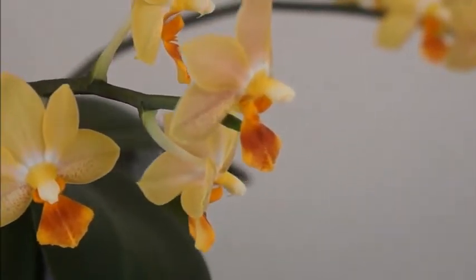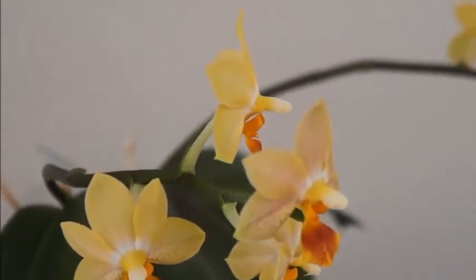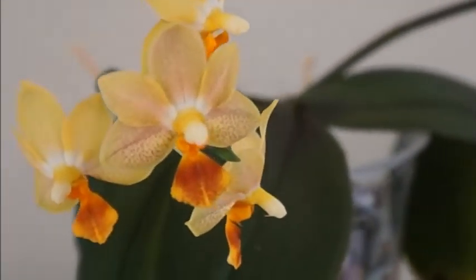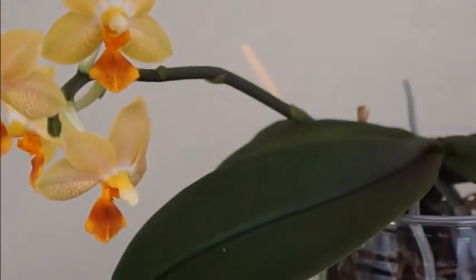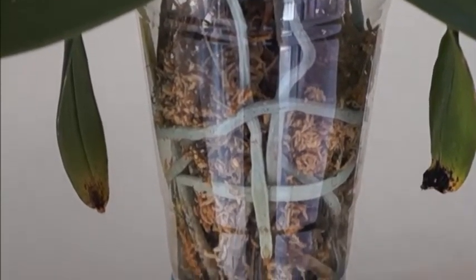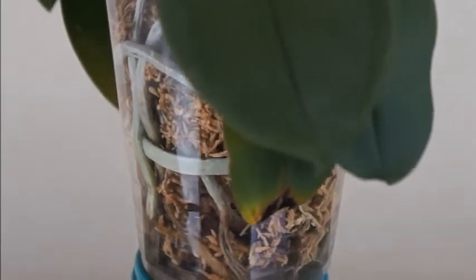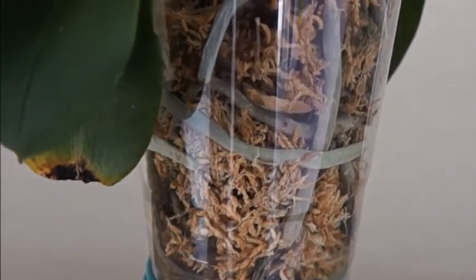But then I also have another one that's a primary hybrid. It's a cross between Zebrina and I think Violacea. That one, the flower spikes are always green for 3-4 years and more. And then Mariae, the same thing. Right now I think it's producing its 5th or 6th flower spike, and all the old flower spikes are still intact, green, and still blooming at their very tips. So it really depends on the individual orchid, but this one, 2 years or so, it would want to grow